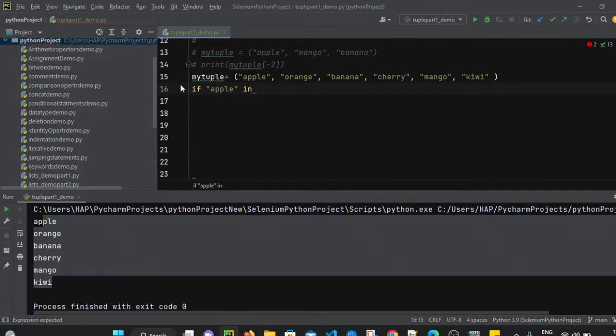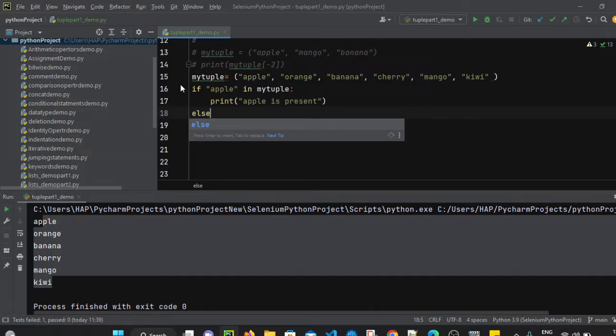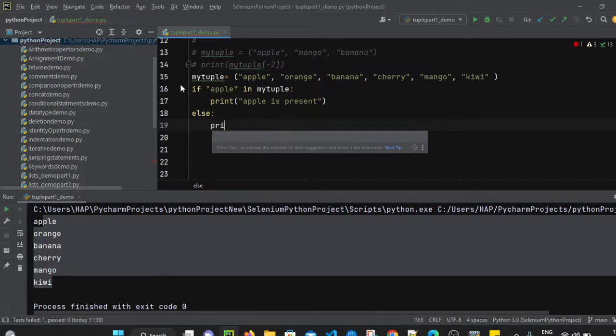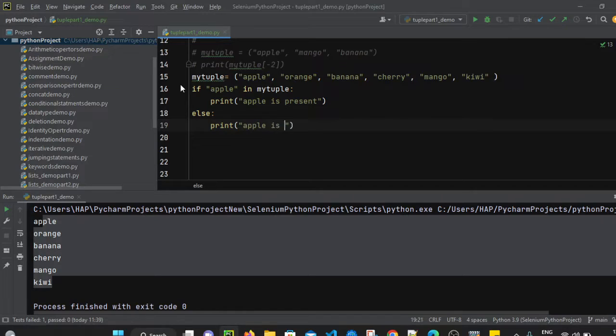If apple in my tuple, then let's print apple is present, else print apple is not present.